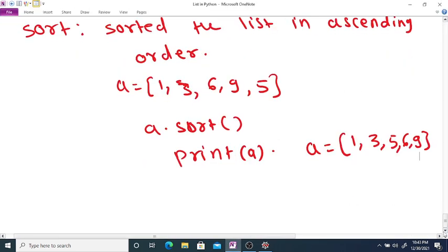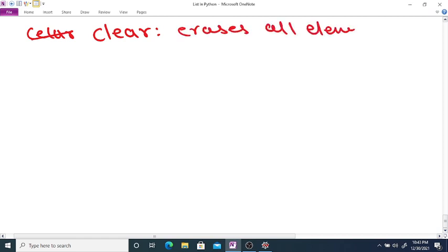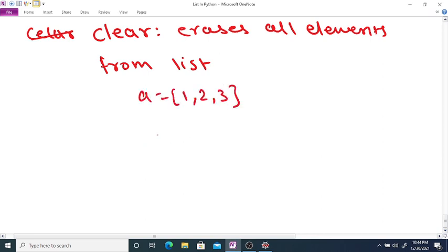And last, the keyword we are going to see is clear. It erases all the elements from the list, and it gives an empty list. Suppose A is the given list containing elements, and if you use A dot clear and then print A, it gives an empty list.